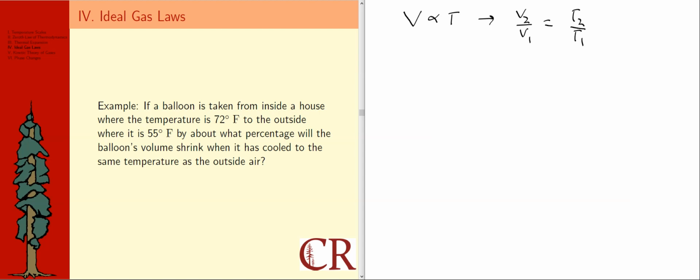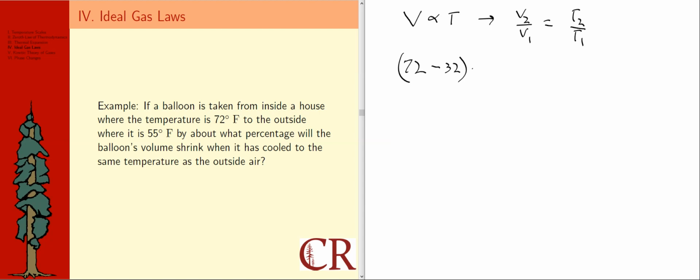Because this assumes Kelvin. This is coming from the ideal gas law, or it was the thing that led to the ideal gas law. And this is supposed to be the absolute temperature relative to absolute zero. So we're going to have to convert both of these temperatures to Kelvin in order to do something with them. Let me start with the 72, and I'm going to start by converting to Celsius. So I'm going to subtract